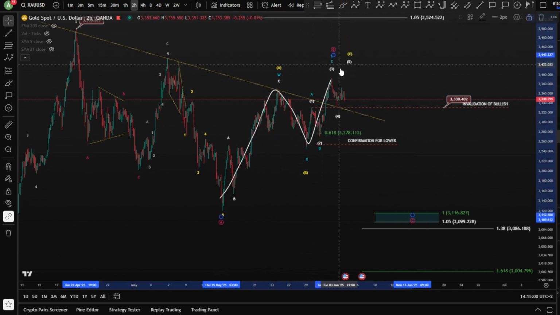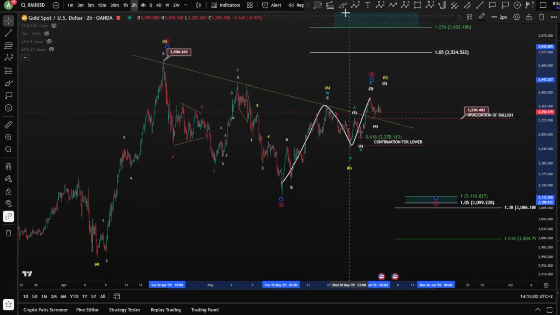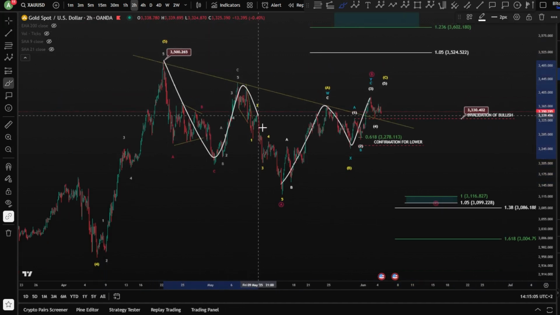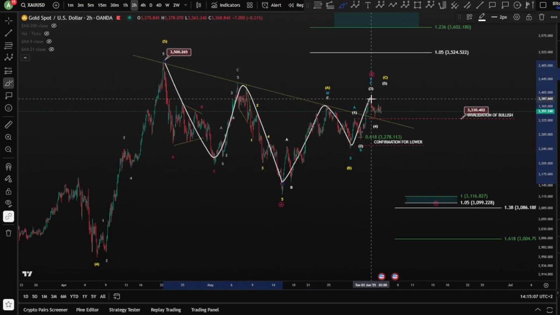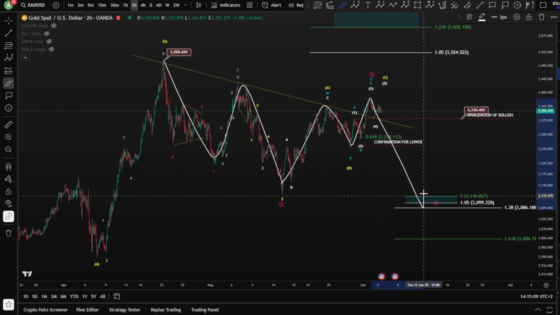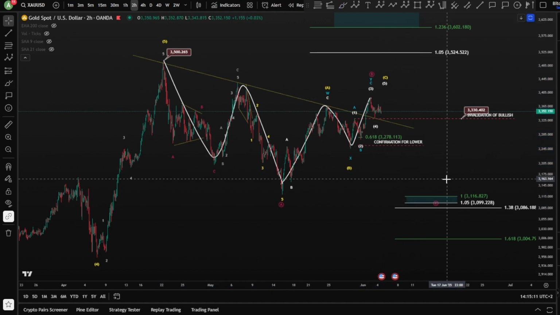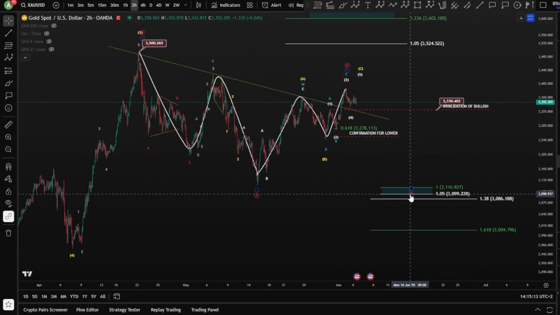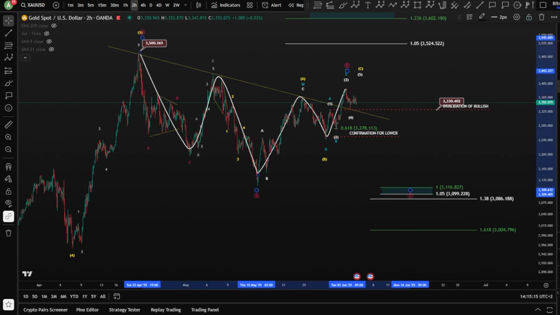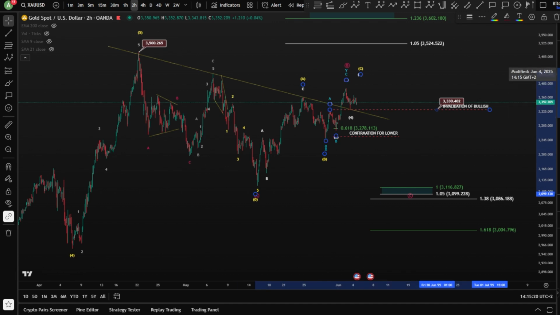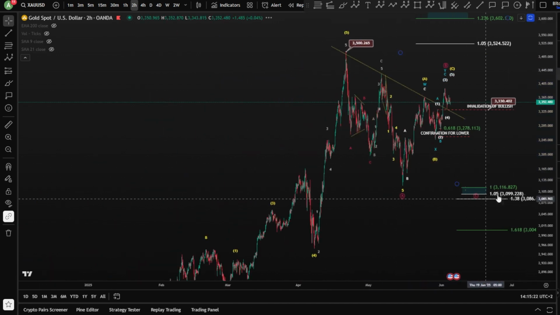You finished your wave B already there, and after a big 3 waves toward the downside, of course corrective, you got a 3 waves up, finishing wave B and moving towards a wave C for lower prices around the 3,100 for a wave C. And this, of course, might unfold the bearish scenario, meaning did we finish already there?